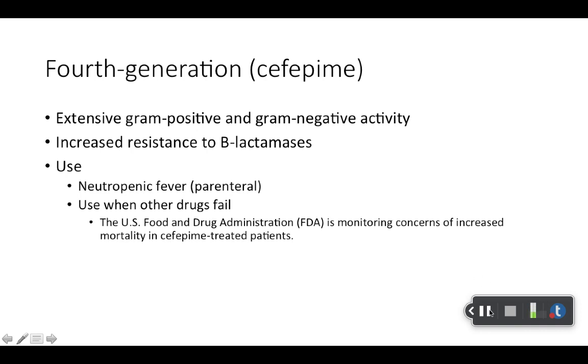Fourth generation here, we have cefepime. And this is a very broad spectrum with gram-positive and gram-negative activity. And this is usually used as a last line. Again, because of resistance, it is something that you should maybe not jump to first, and use when you really need to. So kind of nice here, for fourth generation, you just have the one that you need to